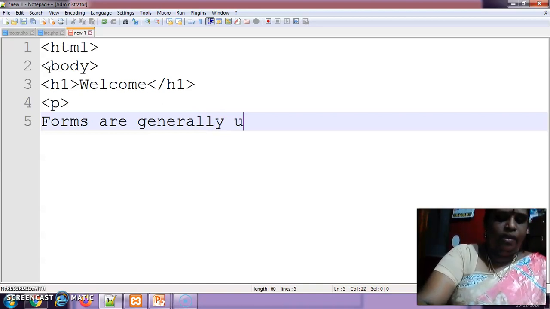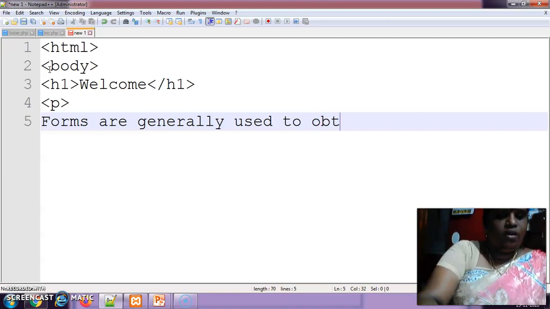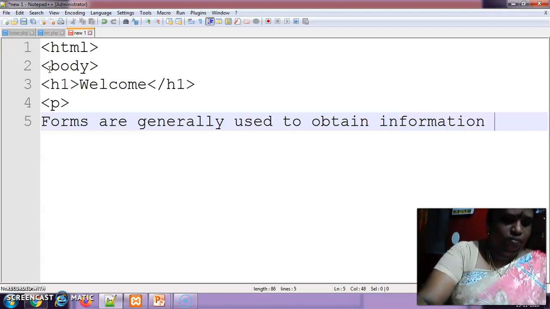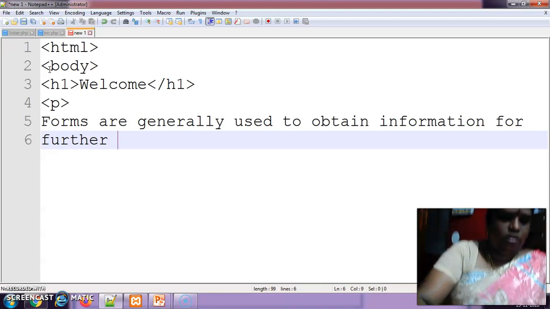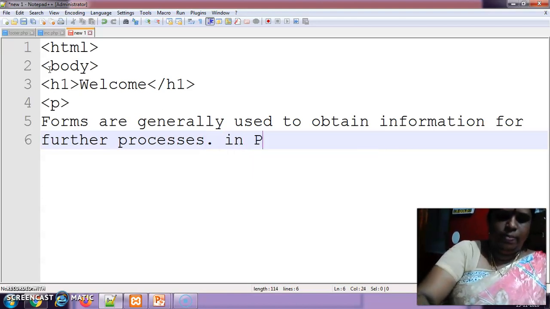I am typing here so that you can also check it. Information for further processes in PHP.